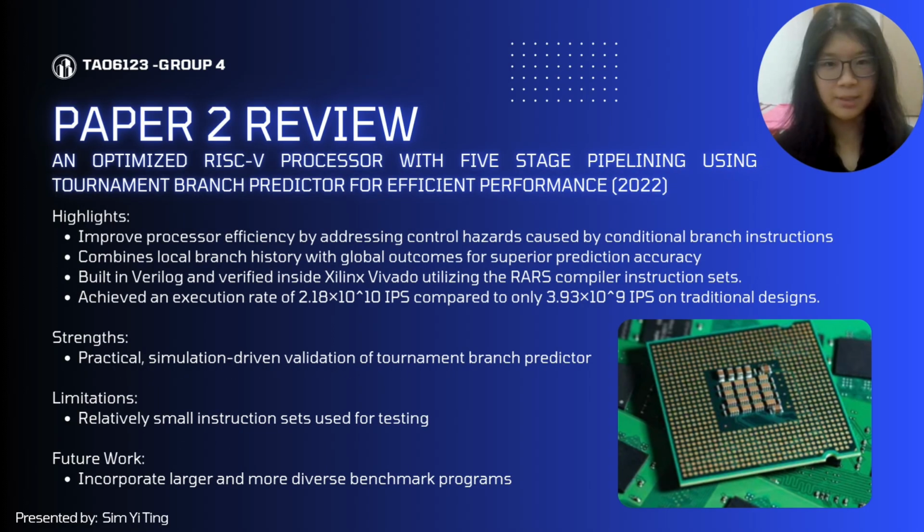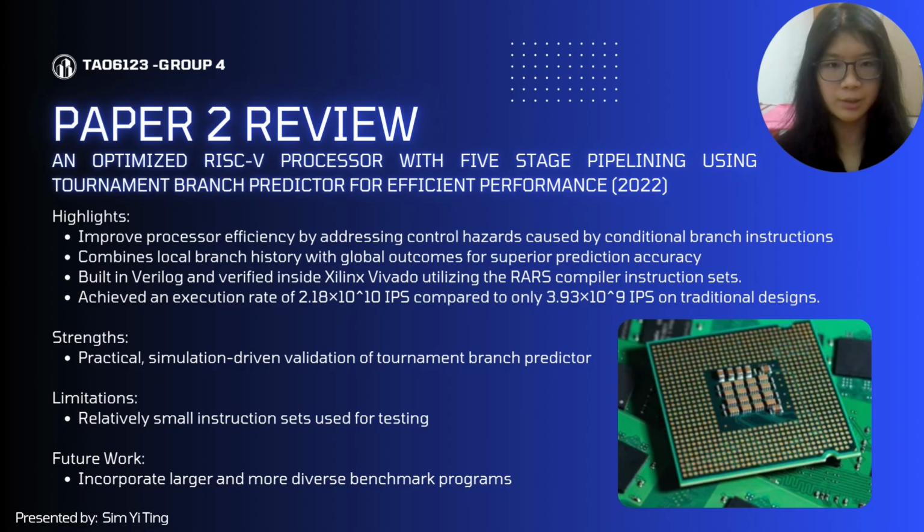Good day everyone, I'm Simiting and I will be presenting paper 2 review. This paper focuses on an optimized RISC-V processor that integrates a 5-stage pipeline with a tournament branch predictor to boost processor performance. The authors target control hazards caused by conditional branch instructions, which typically disrupt the smooth flow of execution and degrade efficiency. To resolve this, the tournament branch predictor combines local branch history with global branch outcomes to achieve